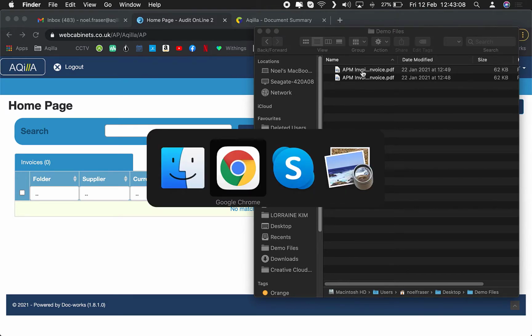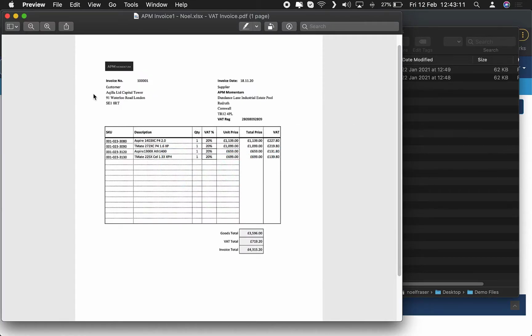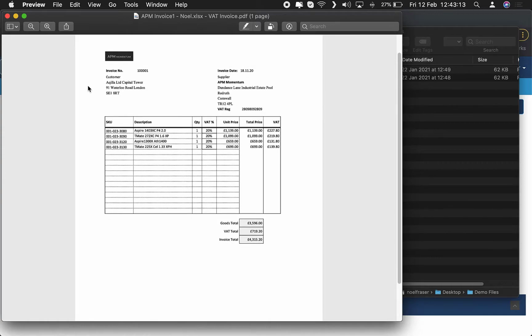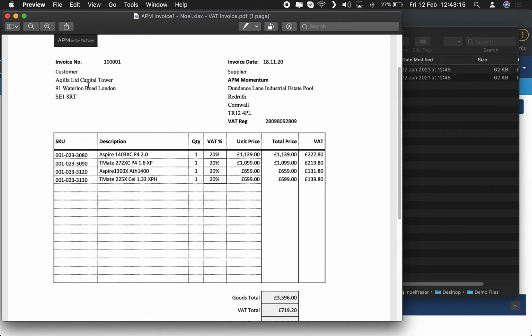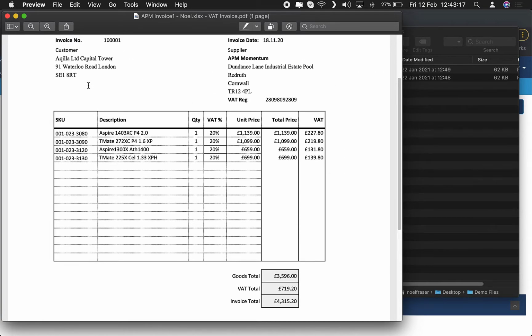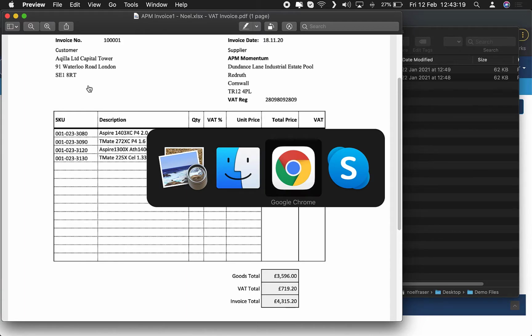Firstly, let's preview the document we plan to send to SmartDocs. Typically, a supplier might send their invoices to a monitored email address directly, or alternatively, they can come into your accounts department and then be forwarded to the monitored address. For this example, we will send an email to the address we've set up for our demonstration,